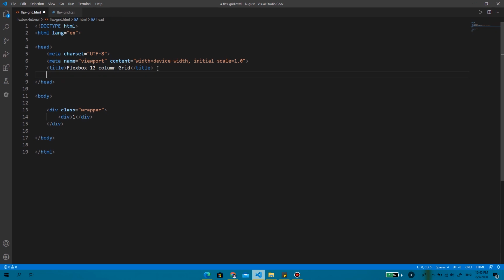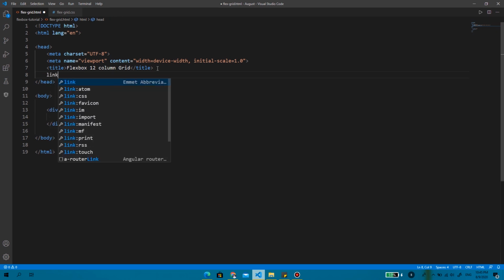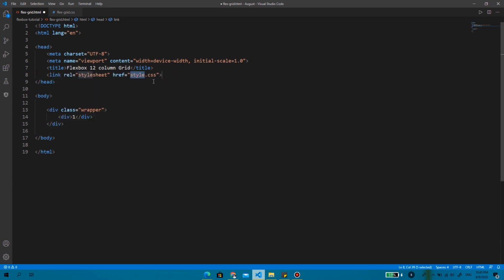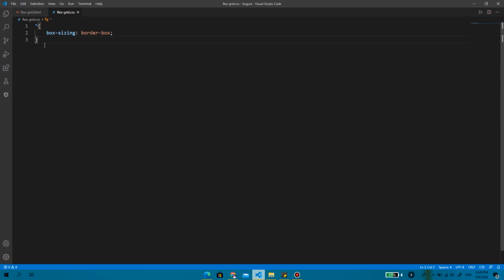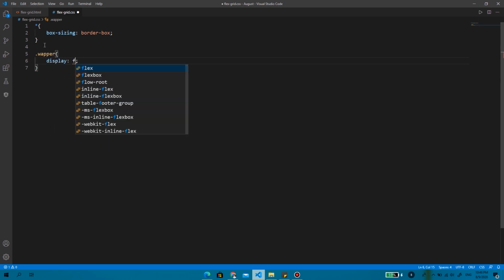First, I need to add the CSS in the HTML. Now we'll define our flex container. So the class wrapper is our flex container. So we'll set display to flex,